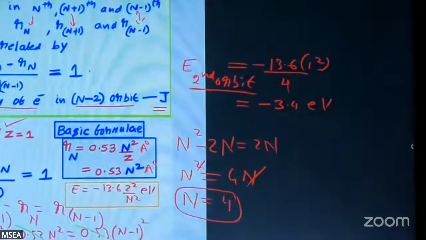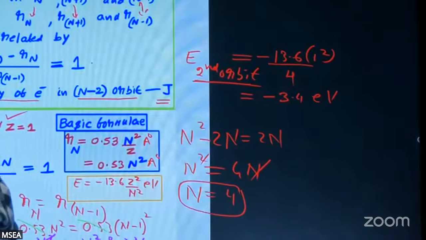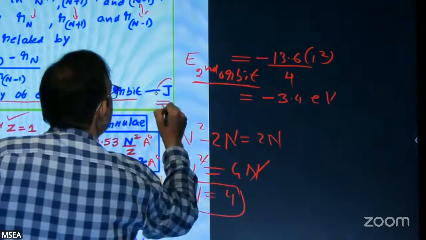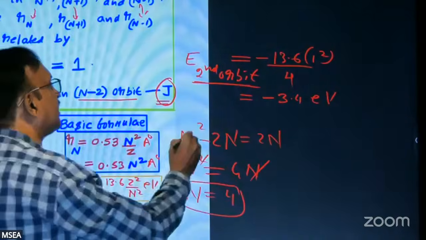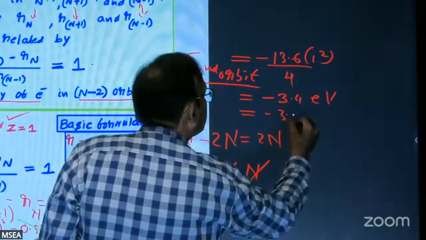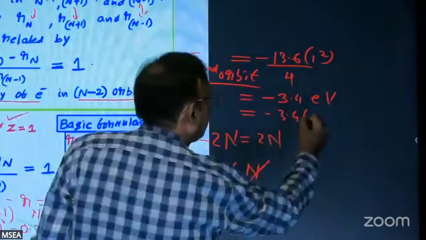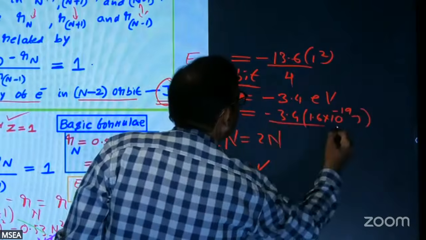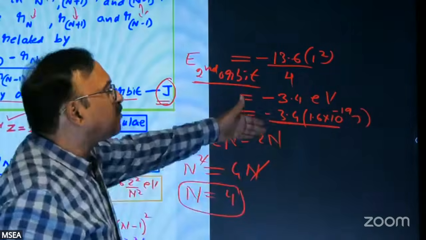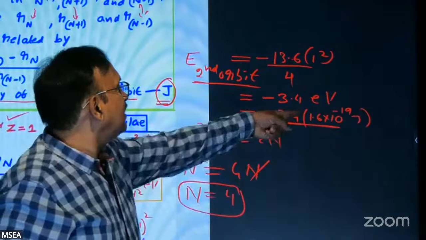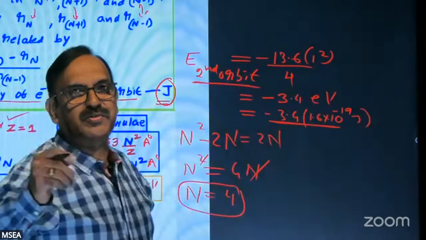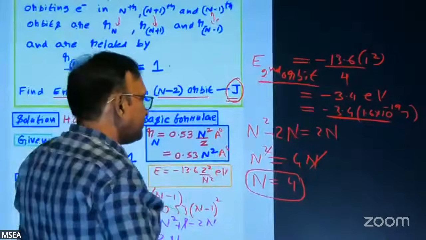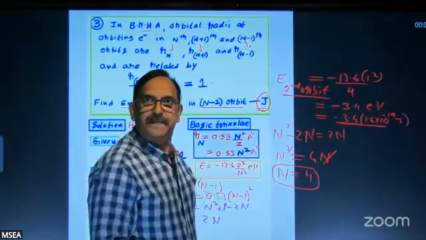The first tempting answer in the exam paper will be minus 3.4. But the answer is in eV, electron volt. You have to catch that it is being asked in terms of joules. Then you recollect, how do you convert electron volts into joules? 1 electron volt is nothing but 1.6 into 10 to the power of minus 19 joules. You have to do this simple simplification, and it comes out to be close to 5 into 10 to the power of minus 19 joules. Depending upon the options, you can just pick up the proper option.